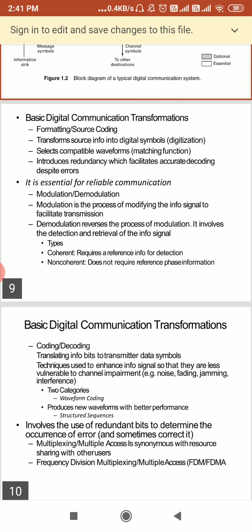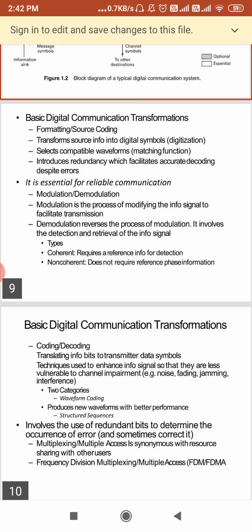The basic digital communication system consists of coding, decoding, formatting, channel coding, pulse modulation, and bandpass modulation. Now let's look at coding and decoding. What do we do in coding and decoding? We translate the information bits into transmitter data symbols.